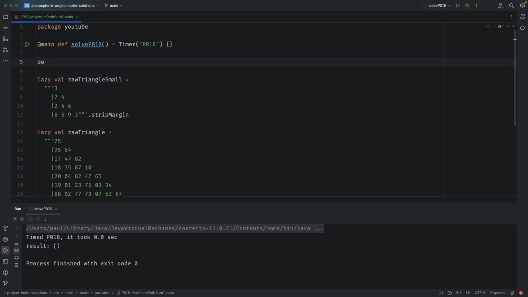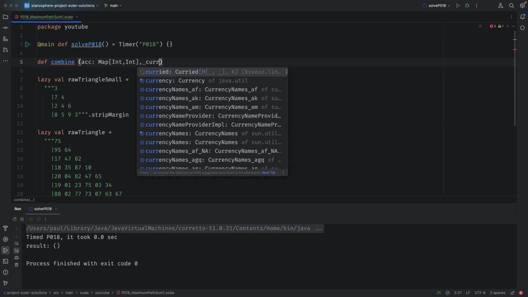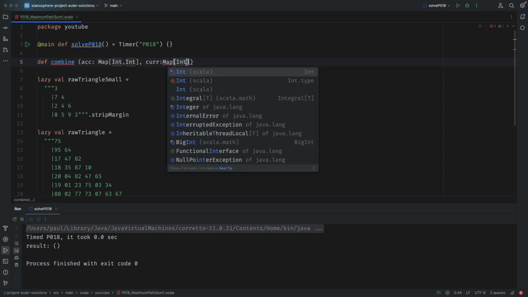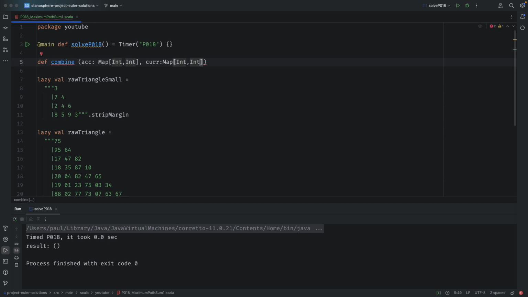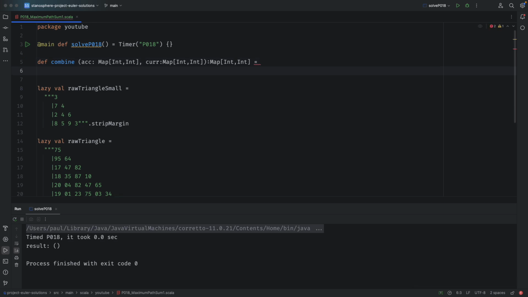So I think the way that overall this is going to work is we're going to do a fold left, as is tradition, I suppose, in me doing Project Euler solutions, but it works. So you've got your accumulated values, and then you've got your current row. Now, maybe I should use value classes or something, so that these are obviously different, because it's so easy to mix up arguments and stuff. But anyway, what we want to do is, for the current row,